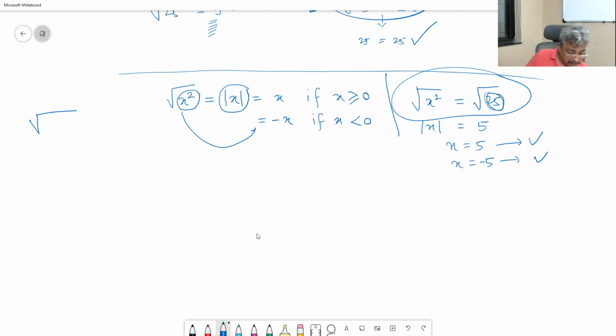Shall I make it difficult or easy? First, easy. So, given a, b, c belonging to R. Solve x square minus 4 into root 1 minus x is equal to 0. Get me the values of x.